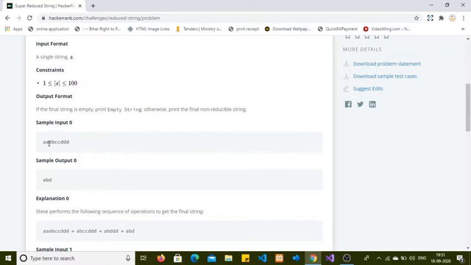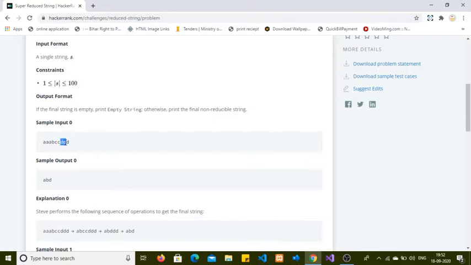In the problem statement, as I said, if two adjacent characters are the same, then we will reduce them. So we'll first check the a's; both are equal, so we will remove them from this list. Okay, we'll move to the next character. a and b are not equal, so we'll again check the subsequent character. b and c are also not equal, so we won't perform any operation, but we'll move to the next character. The two c's are equal, so we'll remove them from this list and check further for the left string.